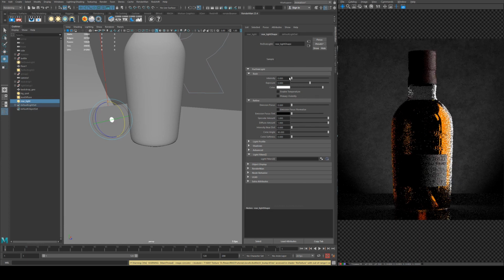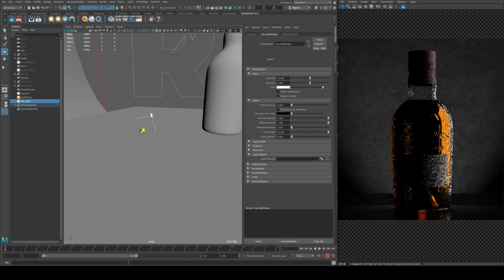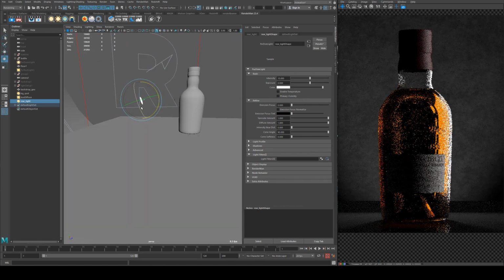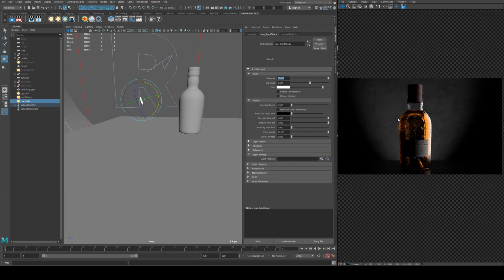And what this light is doing, if I just reduce the intensity, you'll see we're just using it to illuminate the liquid inside the bottle. And I'm going to actually stop it from affecting the ground plane in a moment, once I just get the right amount of value. Now I could actually light link this light just to the liquid inside the bottle, but it does look a little bit weird when you do that sometimes, so I'm not going to do that. I'm just going to light link it so it doesn't have the floor in the shot. So we'll just quickly set that up now with our light linking. But I think this is getting sort of close to where I want it to be so far as the liquid being